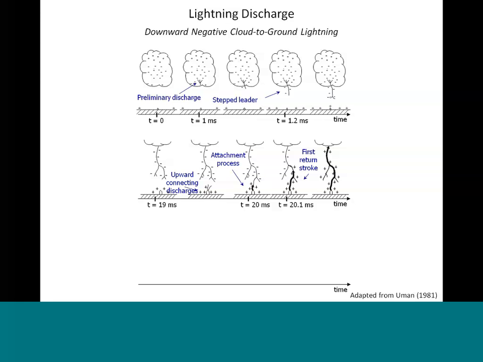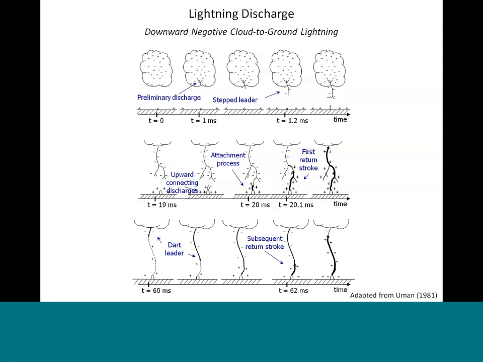After the first return stroke, we will again have dart leaders. We call this a dart leader because it propagates in a continuous way, whereas the step leader propagates in steps. The dart leader propagates inside the channel originally developed by the step leader and the first return stroke, while the step leader is traveling in virgin air. And after the dart leader, we will have subsequent return strokes, which we call